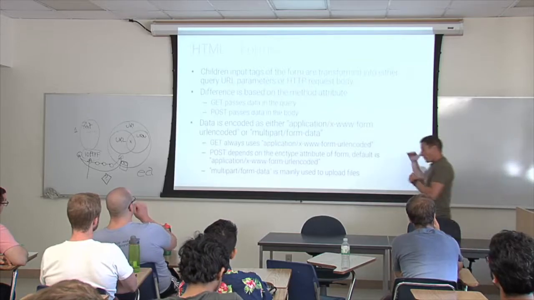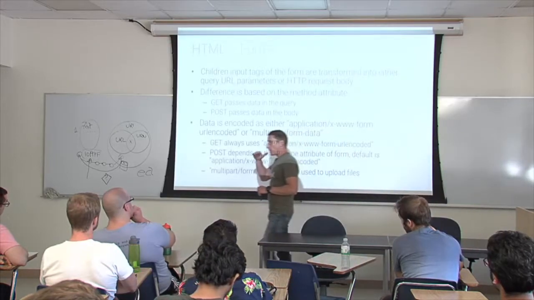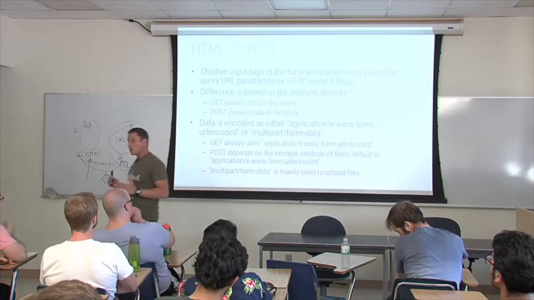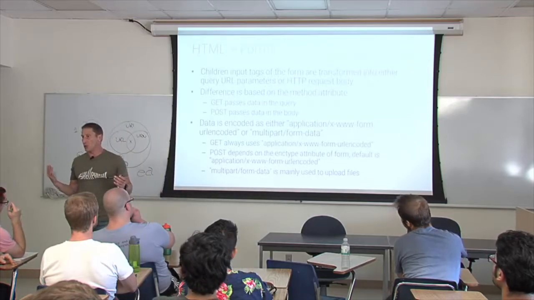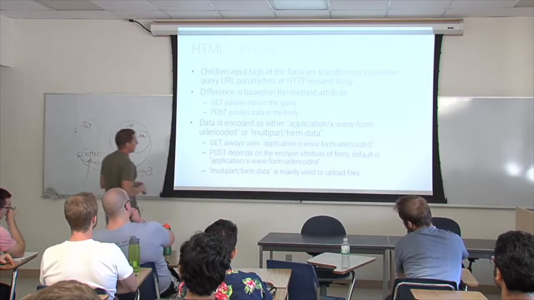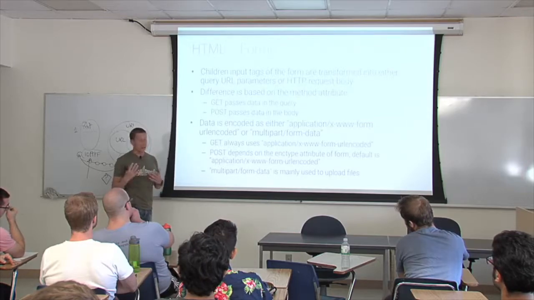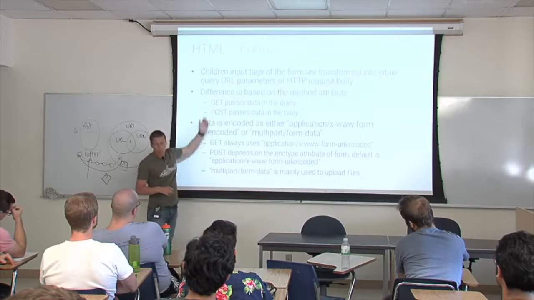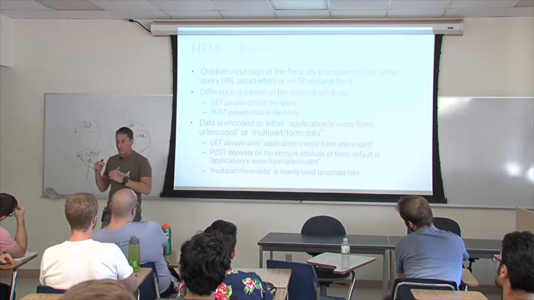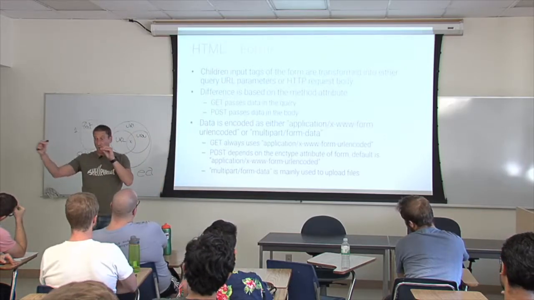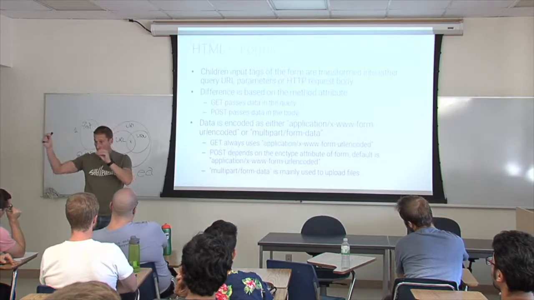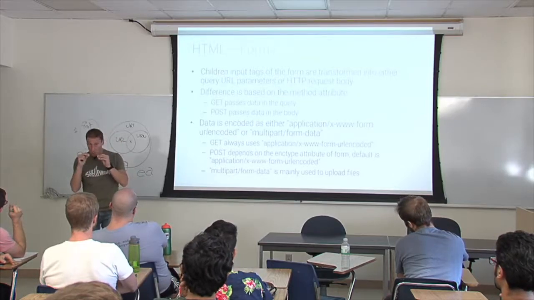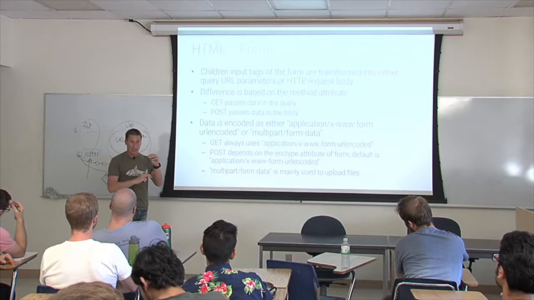And within a form tag, you can put a bunch of input tags that allow you to get information. Some of them could be explicit, some of them could be hidden, we will see. When you press submit, if you have a get method, the data is put together in the URL, in the query path, and sent. If you have a post method, it's put in the body instead.